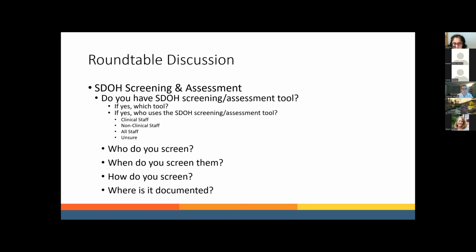So while you think about that, another question I want to pose is, what other social determinants of health innovations is anyone doing today or planning to do in the future that they would like to share? We do have many different health centers joining us today, so if you'd like to share what innovative practices you're doing. Rima, I'll comment on this.